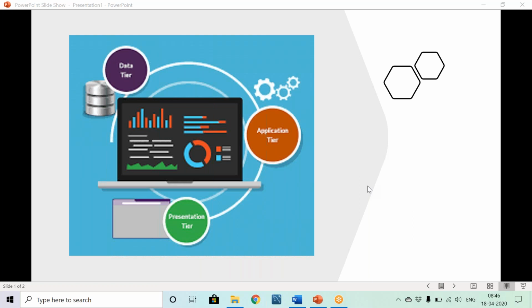So these are the core stack that we have to follow in web development: HTML for rendering the elements on the screen, CSS to impart styling to those elements, and JavaScript to give that interface so that the end user can communicate with your application.